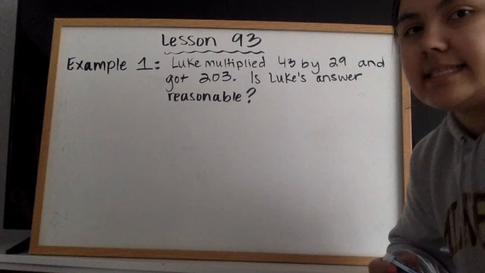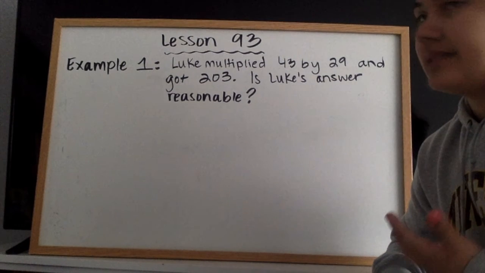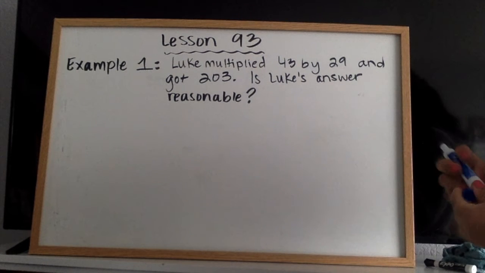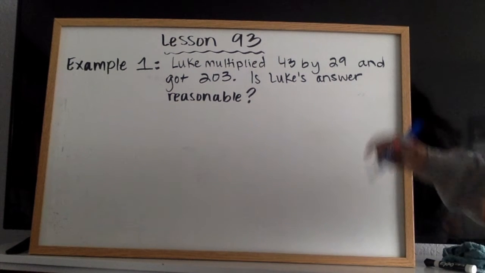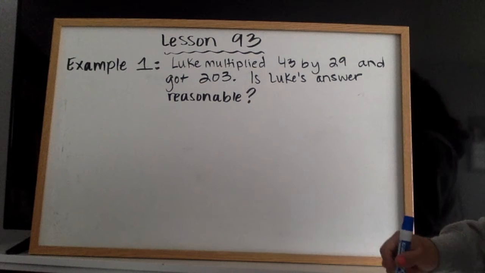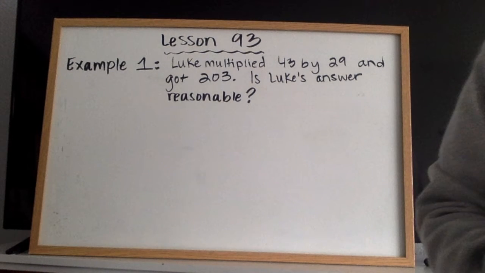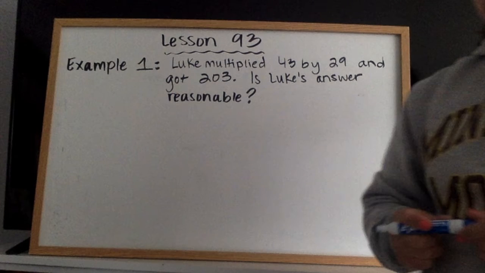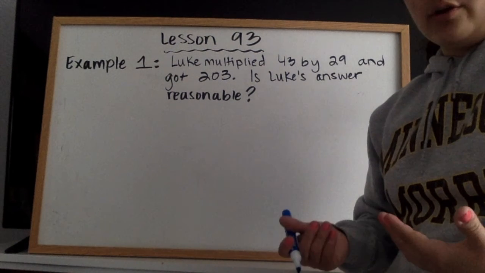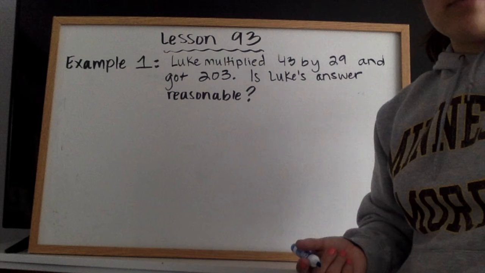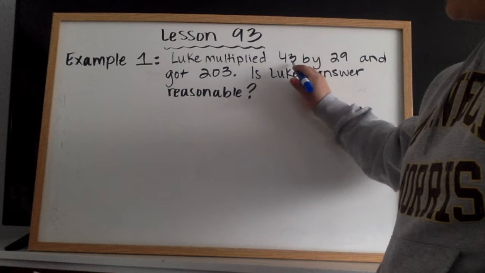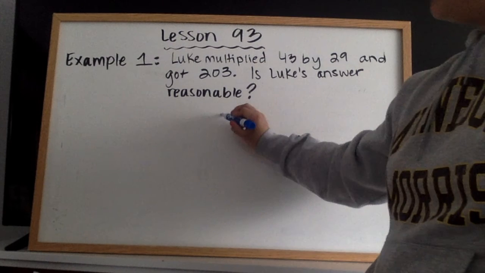All right, lesson 93, we're going to talk about estimating multiplication problems. So example 1, Luke multiplied 43 by 29 and got 203. Is Luke's answer reasonable? In order to figure out if something is reasonable or not, we just need to take an estimate of it. So if I take 43 by 29,